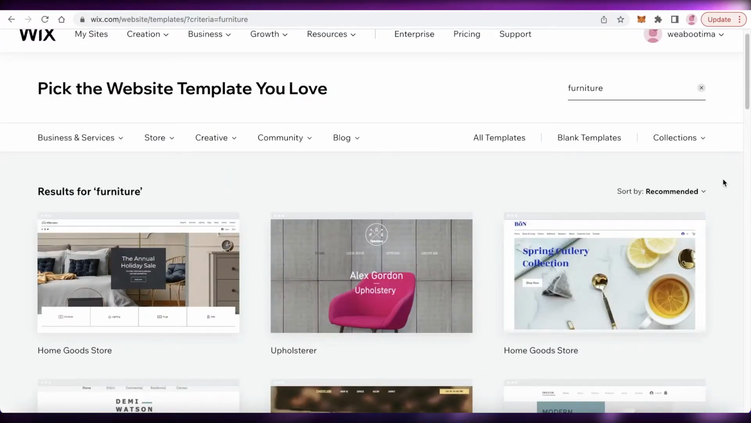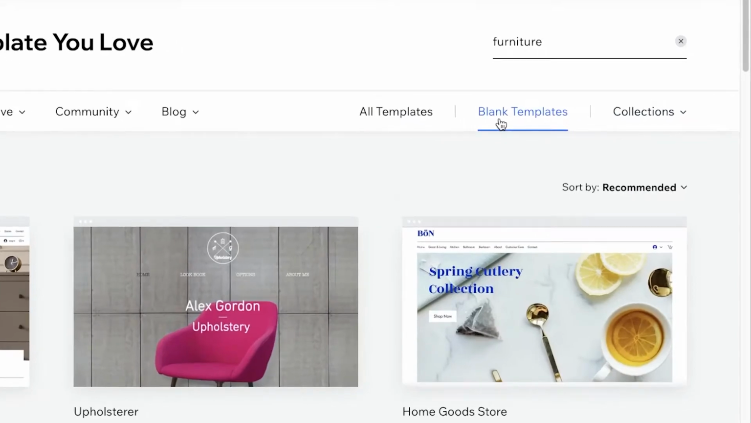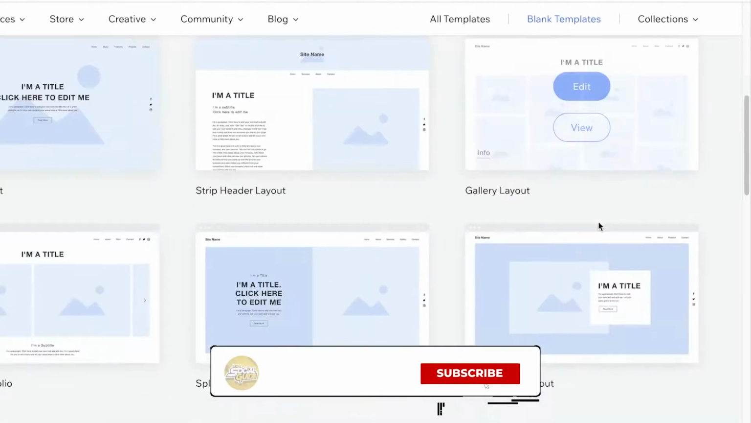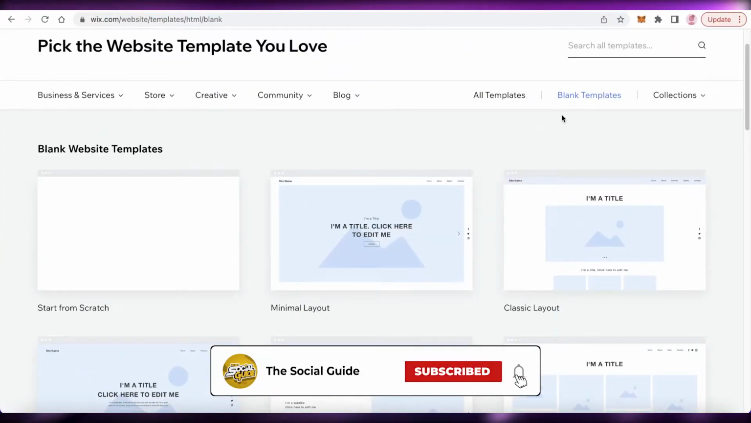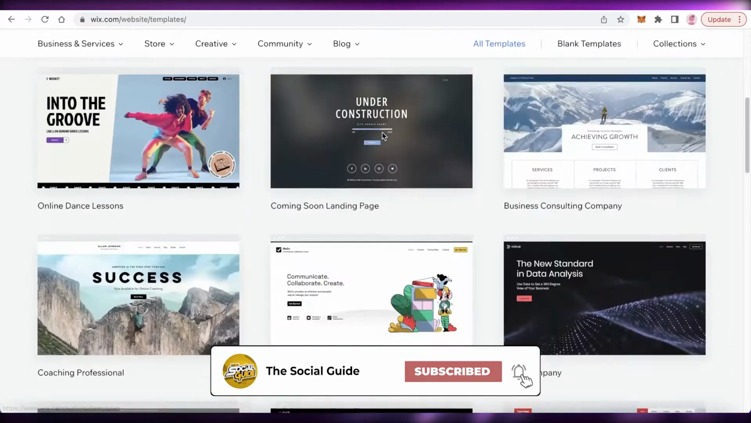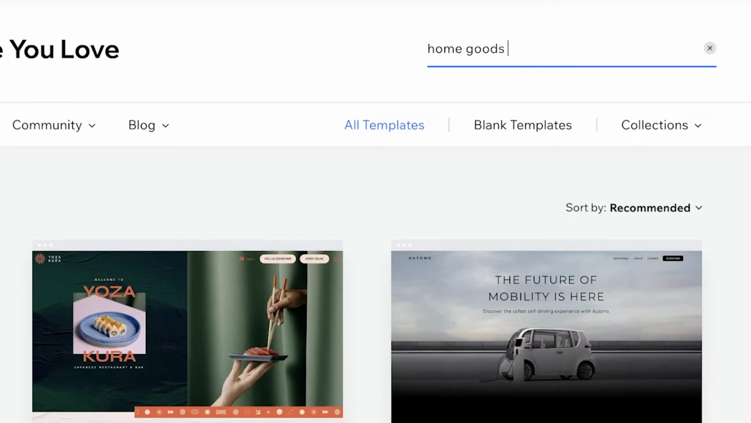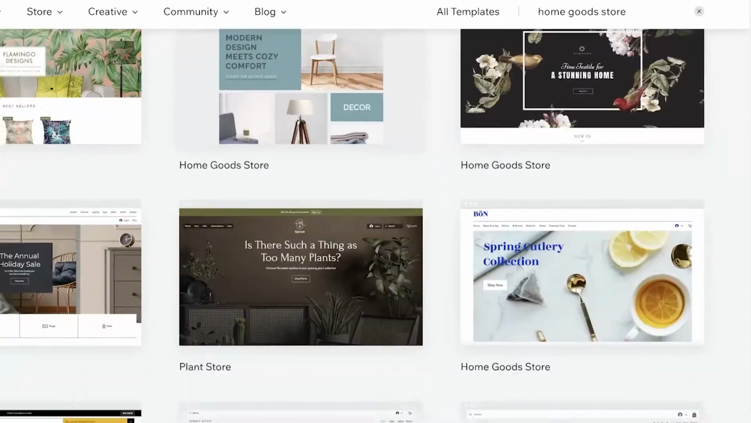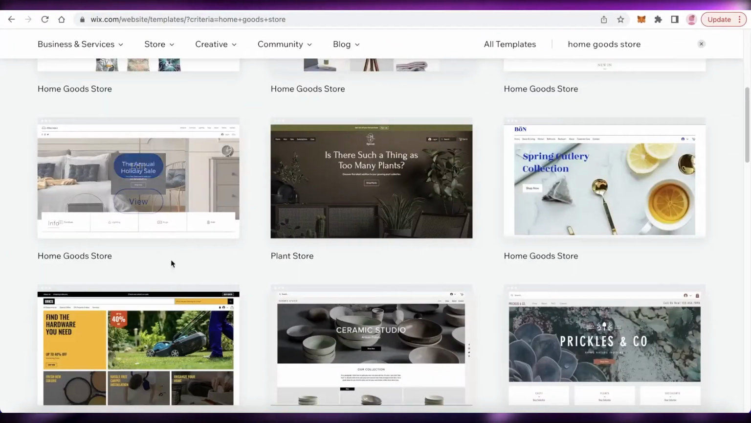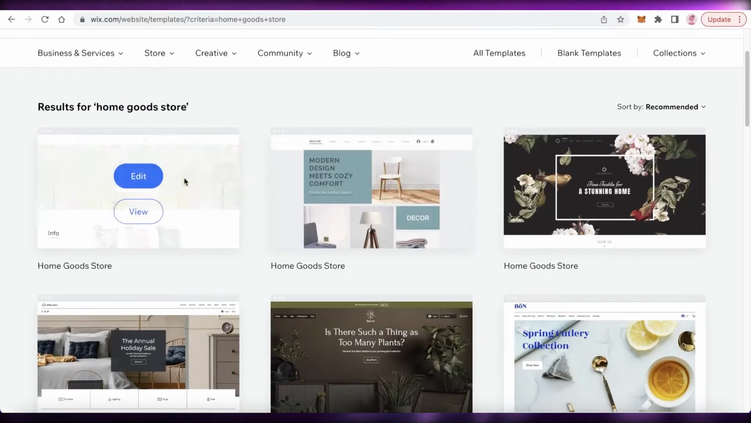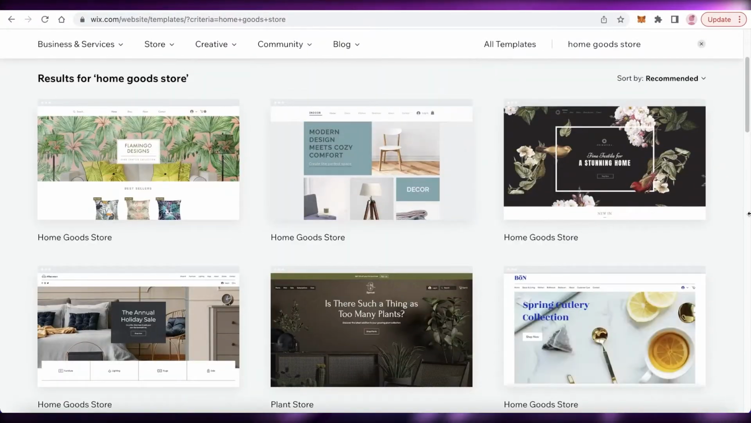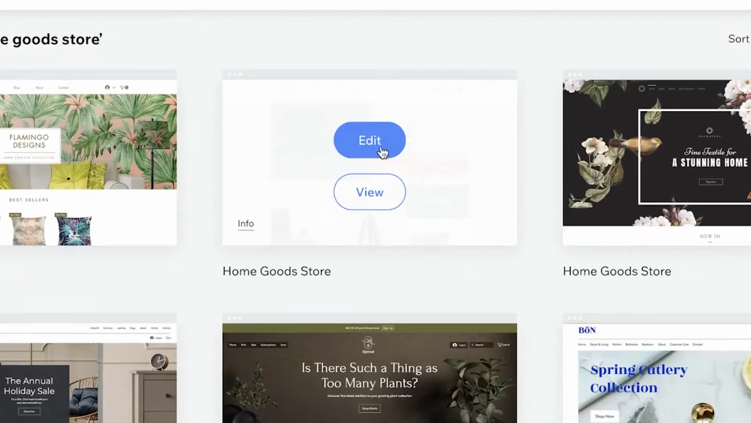or you can click on blank templates over here, and this will give you a few layouts for you to get started with, but I'm going to show you guys how to get started with a template. So we're just going to search for home goods store, and we're going to pick out one of these templates over here. There are quite a few different options available, and I'm just going to go with this one, and I'm just going to click on edit, and this will open up the template in a new tab where the Wix